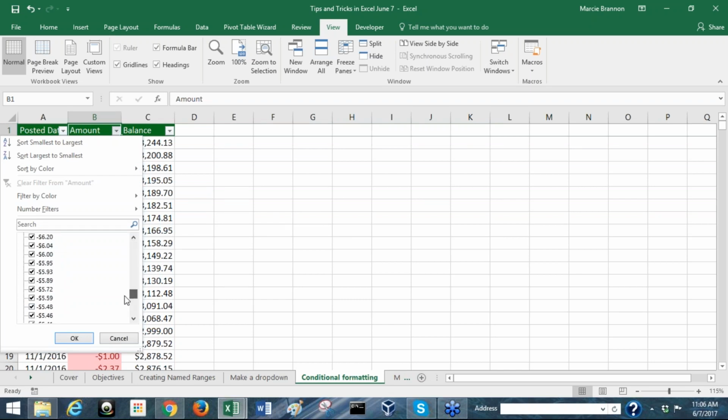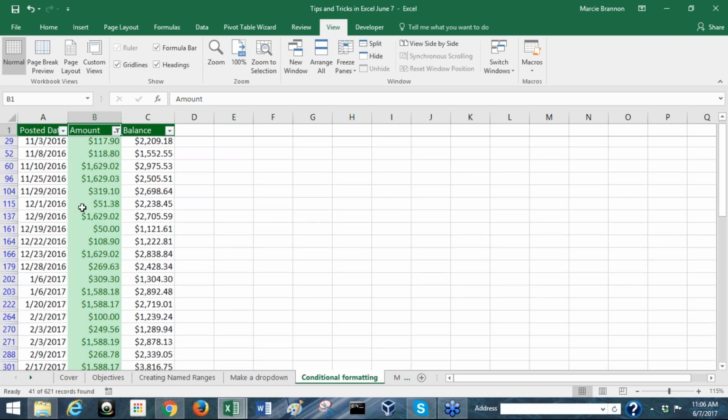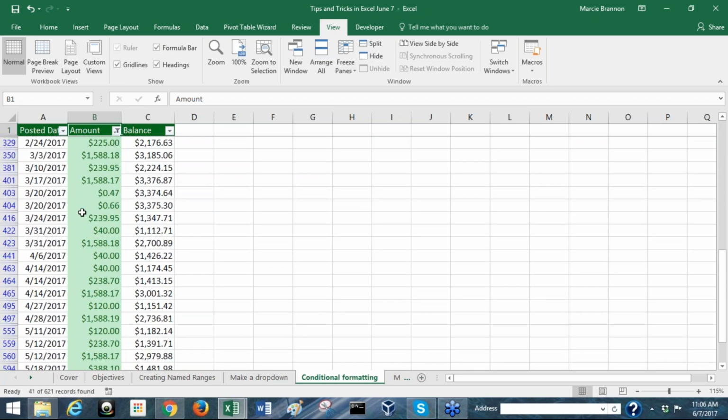I could go down these filters, unselect all, and then select all the positive numbers. But since I've already used conditional formatting, I can select this filter by color. And notice here, because we got both a cell color fill and a font color, it gives us the option. So we can select the green fill to select all the credits and filter those out, or we could